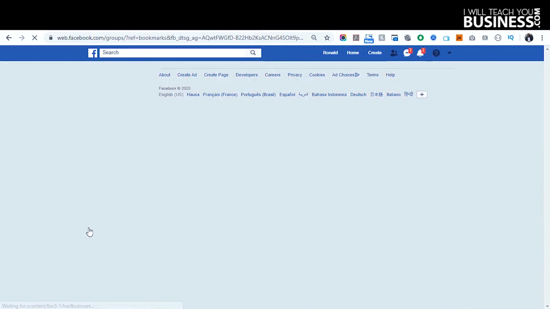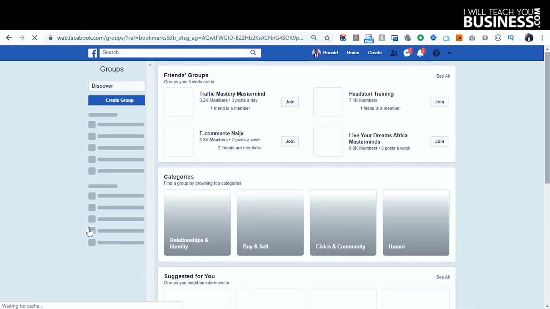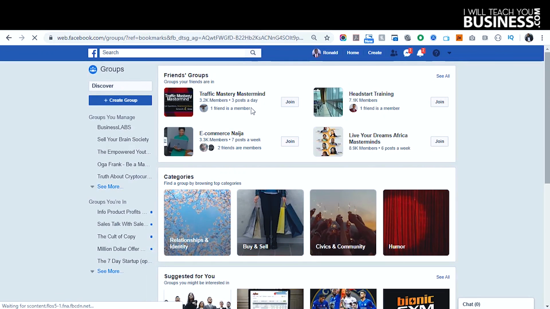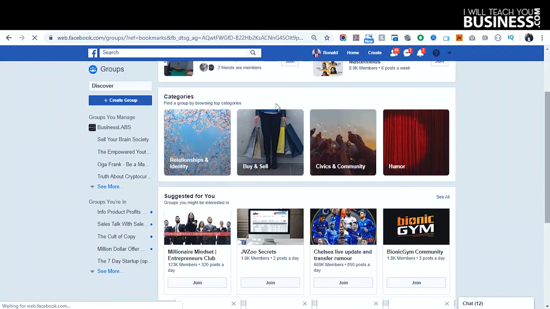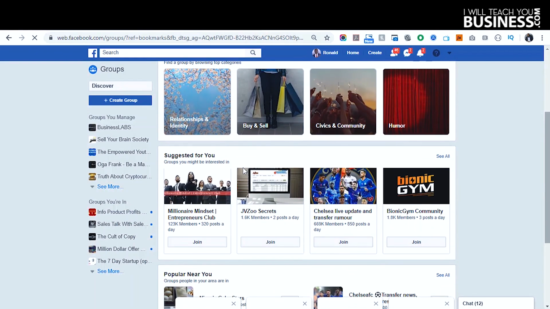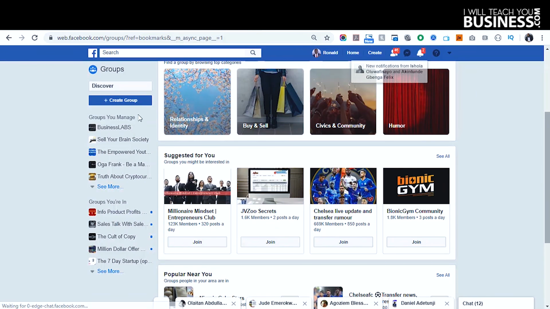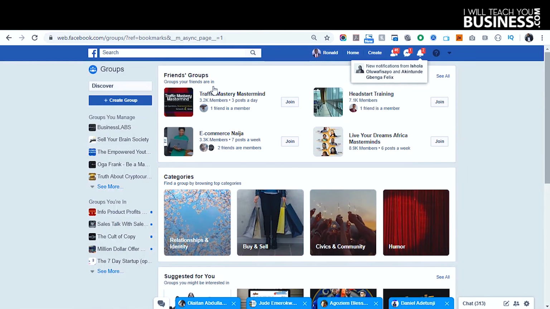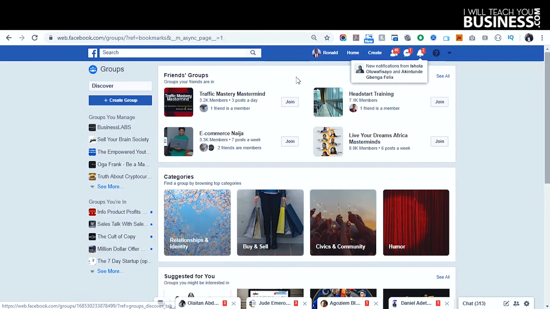the groups on Facebook, and it's going to recommend groups based on the pages that you have liked and the pages that your friends that you follow or people that you have friended, the pages that they also like. So the groups that you see are going to be based on those criteria. So if you look here, you can see a number of my friends' groups, you can see categories, you can see groups that have been suggested to me based on my interaction on Facebook. All right, so